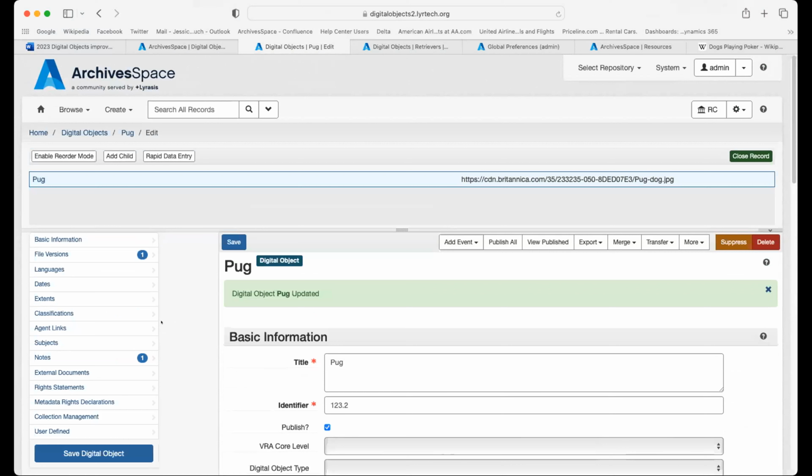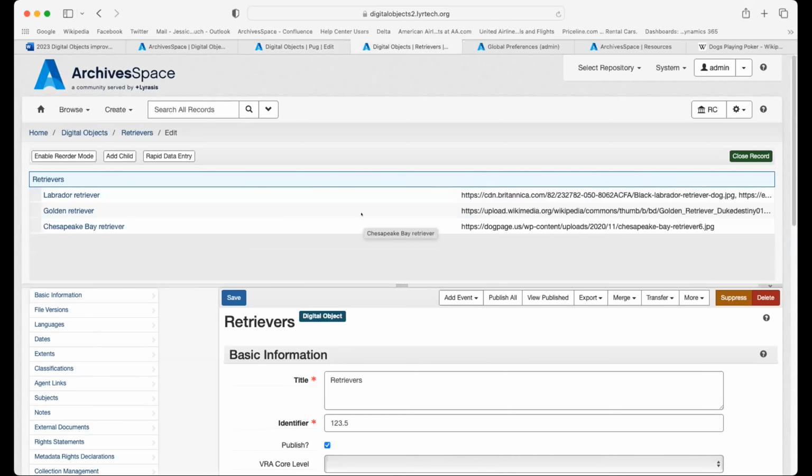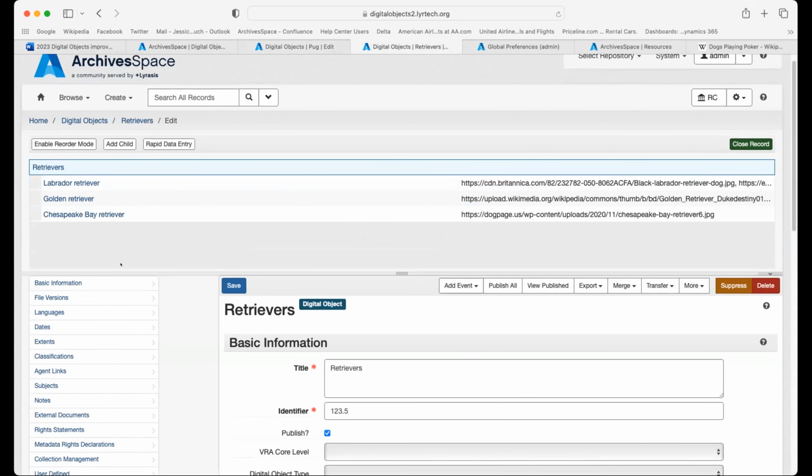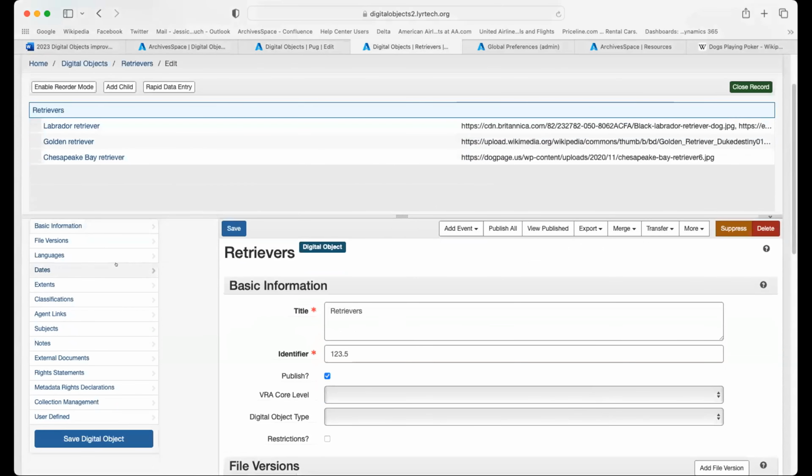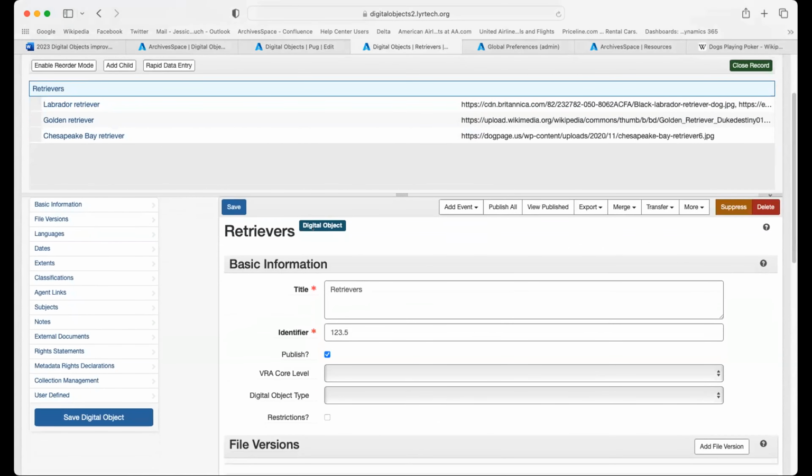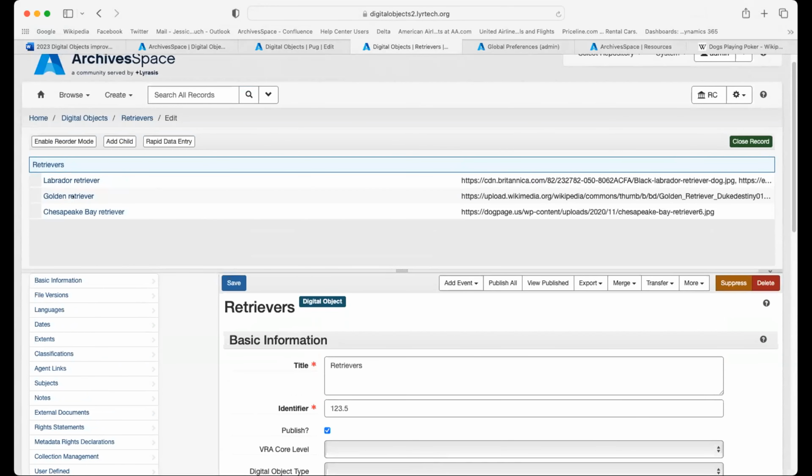You could also create complex digital objects in ArchivesSpace. So a complex digital object is one in which that intellectual content is distributed over multiple files. So let me get this off my screen. So this is a complex digital object. So we're looking at a digital object record where I have created some hierarchy. This is a collection of pictures of retrievers, but you see here you have a top level record that describes the material, and then within the hierarchy there are individual files here. So they're individual file URIs representing different